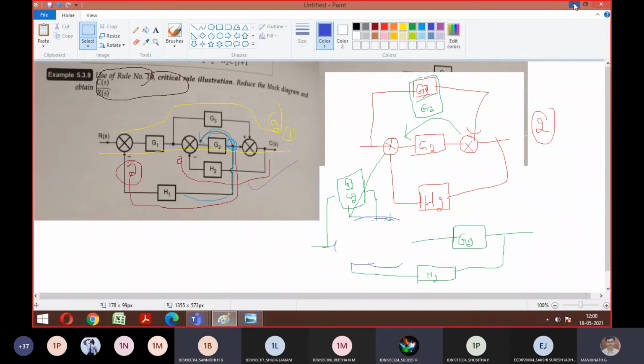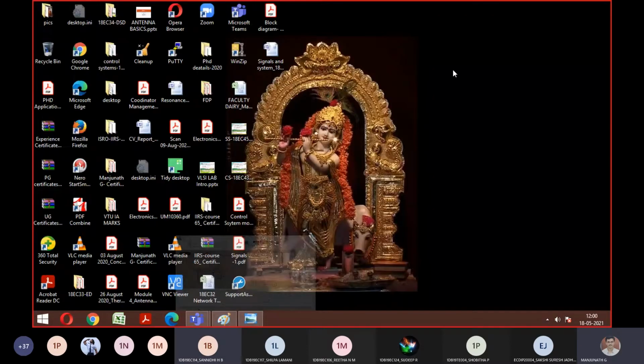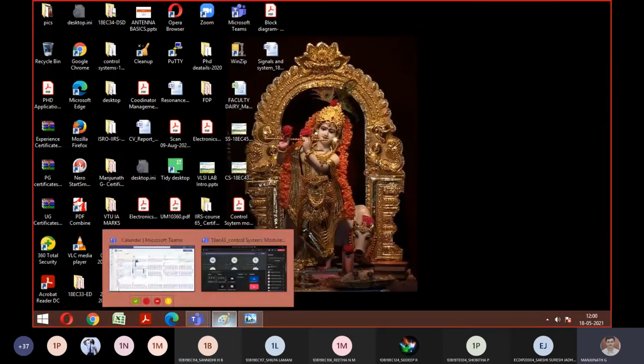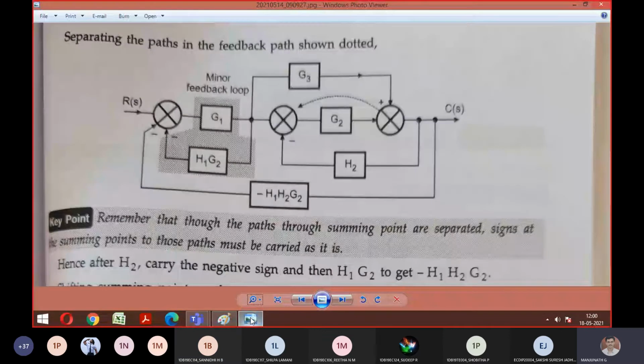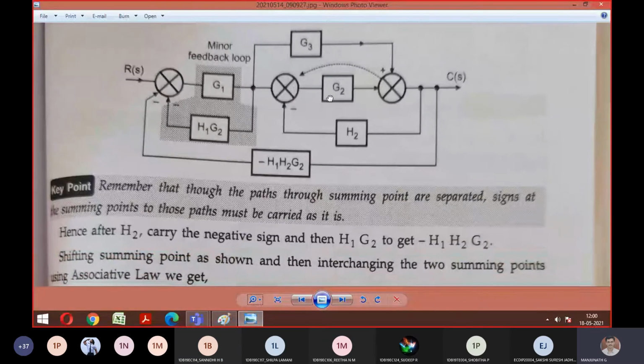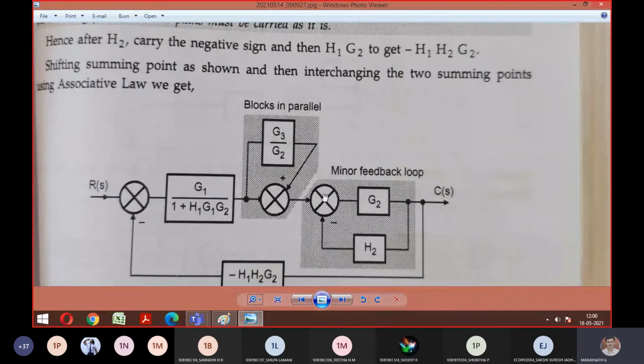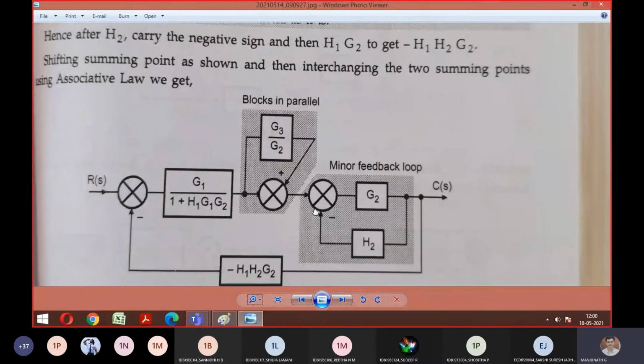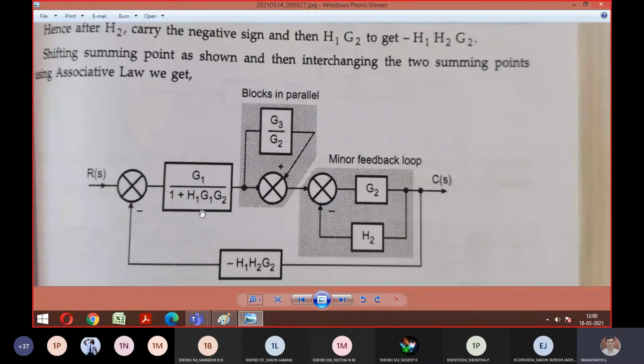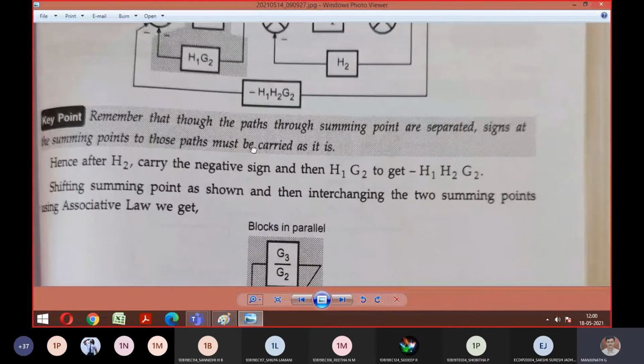Is it visible, guys? So this was a step we implemented, and this is how the diagram looks like. So this is the thing you want to do after swapping your summing point. I hope the things are clear till here. Okay, now. Shall I move on? So I think from here onwards you can tell me the answer. So this single block you got because of this feedback. So now you can go ahead.